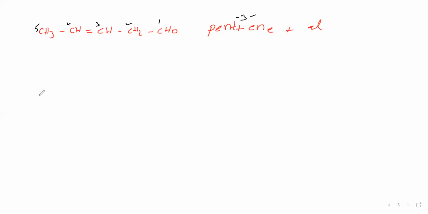Aldehydic carbon will be terminal, no doubt in that. Aldehydic carbon is terminal and we have given number 1 here. Therefore, we need not mention the position of this aldehyde. Number 1 means without mentioning also we can leave. Now, in this secondary suffix al, the first letter is a, which is a vowel sound. Therefore, we'll drop the primary suffix e in the last letter. Therefore, the name of this compound is pent-3-enal.